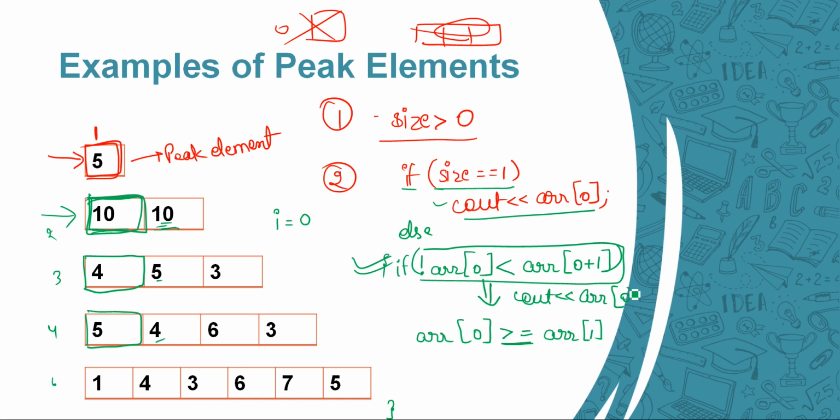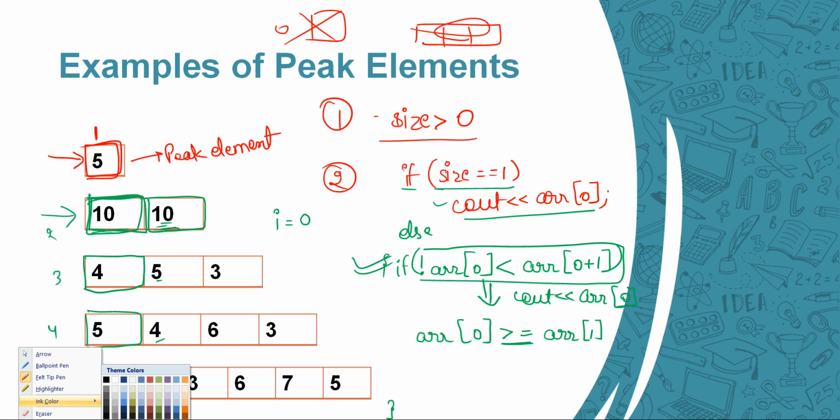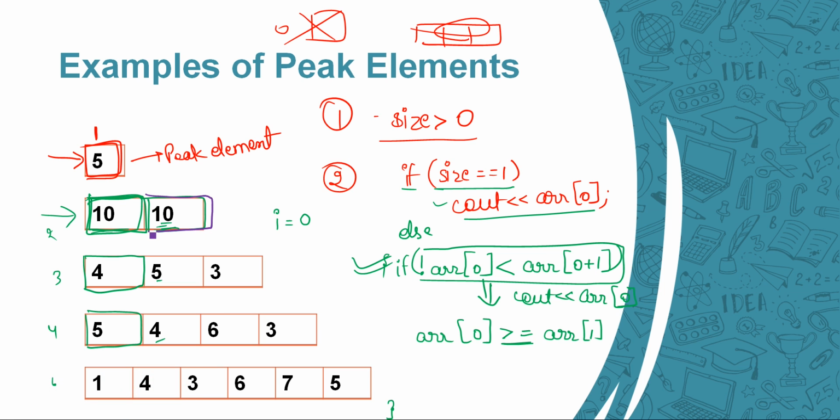Now after considering the leftmost element, we are going to consider the rightmost element. In this array, this 3 is the rightmost element. Again this 3, again this 5. And the neighbor of this is 5, 6, 7 and 10. And now again the same condition: this one should not be less than or smaller than its neighbor.